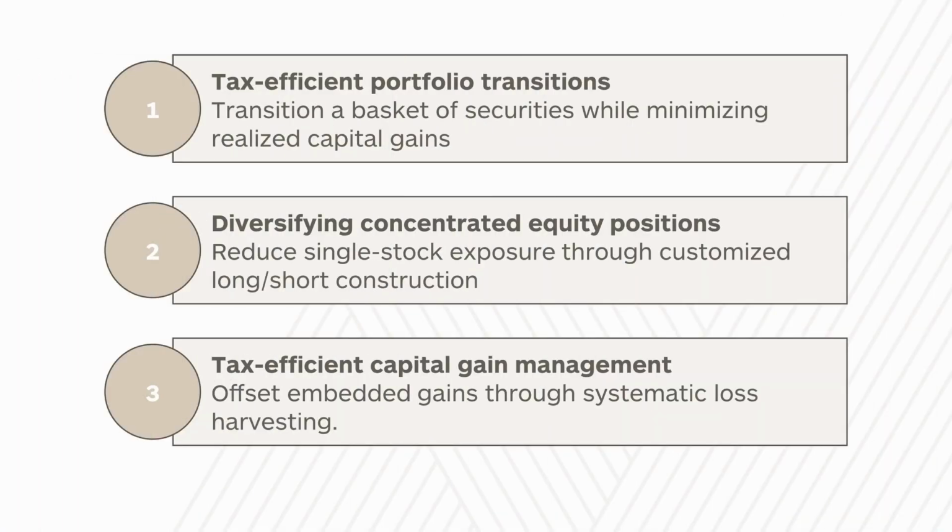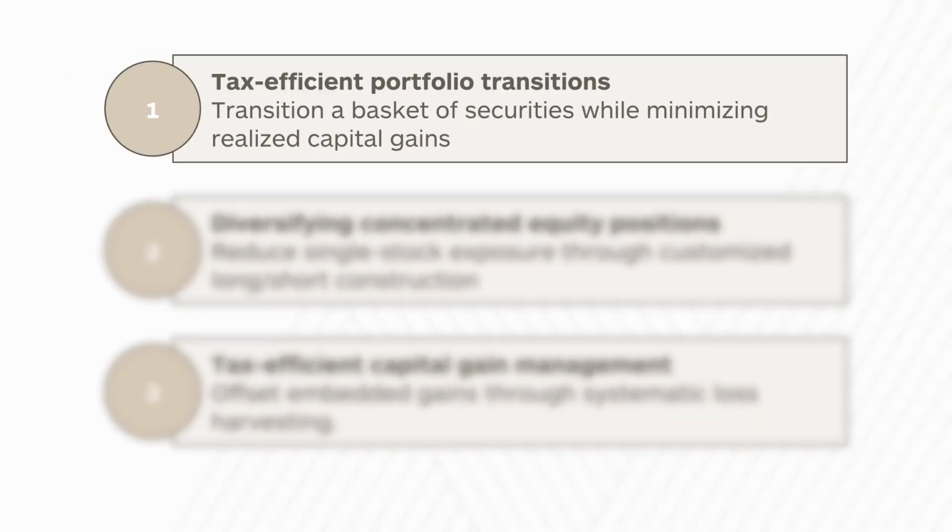We have a lot of excitement and interest in tax-aware long-short SMA strategies because of the power and the flexibility of these strategies. There are three use cases used most often with our clients that I want to take you through quickly. The first is where you have a basket of existing securities. This could be individual stocks, it could be ETFs, or it could be mutual funds, or it could even be a combination of all three. And the use of these strategies can help you diversify and transition a portfolio in a tax-efficient or tax-neutral manner